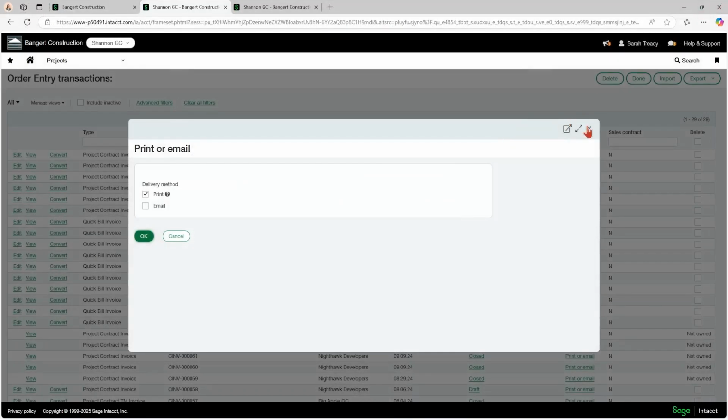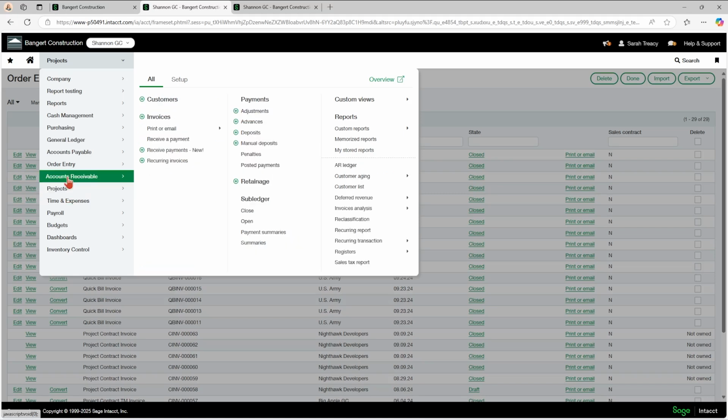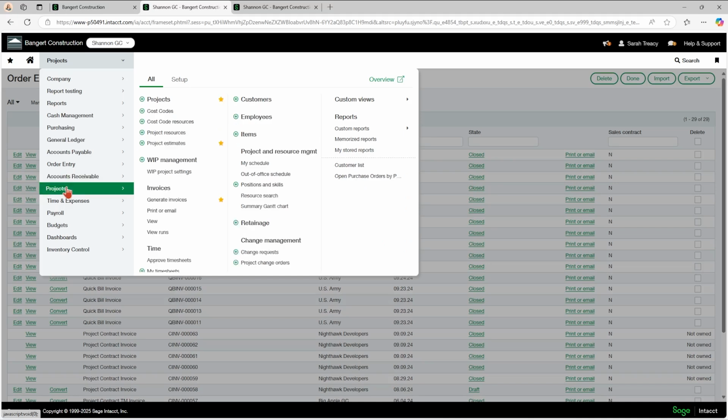So I did have to do my retainage billing through the projects module. So like I said, if you're mass releasing retainage, then your best bet is probably going to be to do that through accounts receivable, because the process of doing it through projects is going to take a little bit longer. But if you needed it to appear on a progress bill, just like you're doing your other ones, then you're going to have to do it through the projects module.